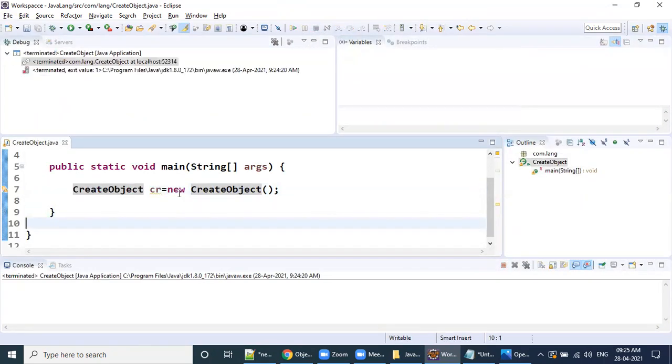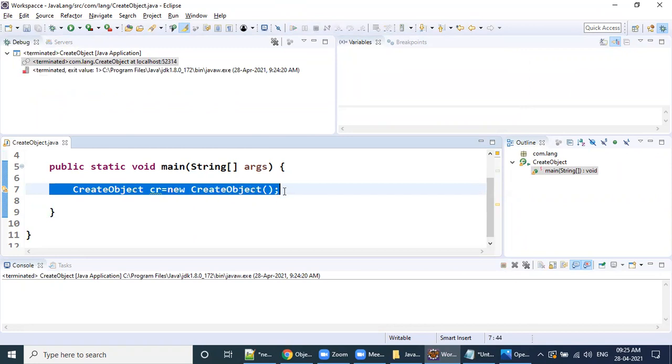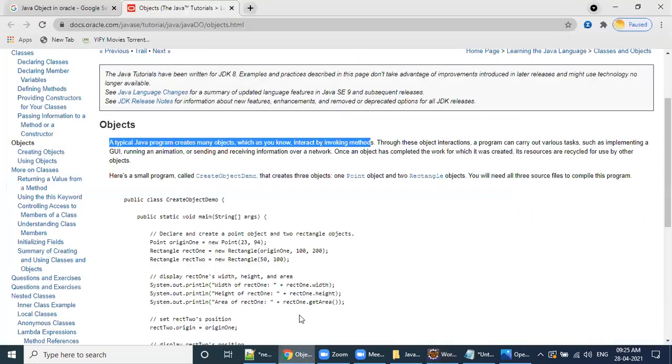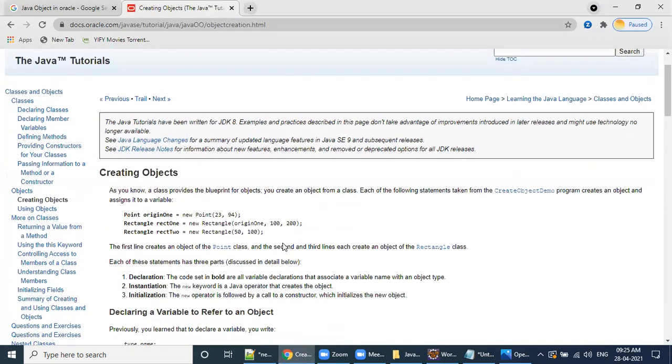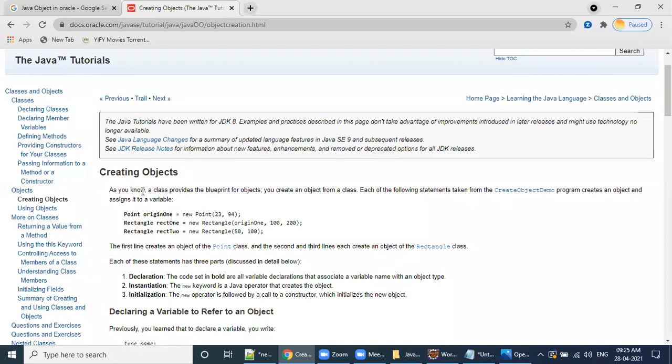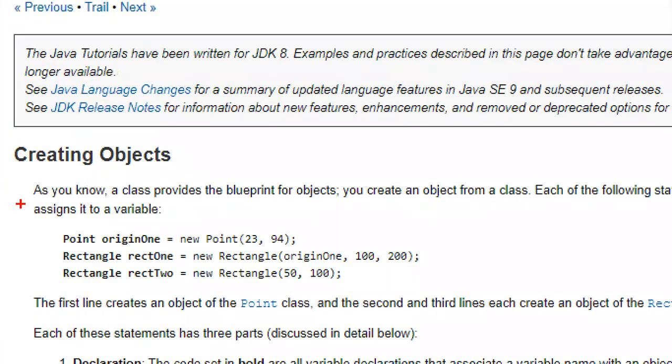Now tell me, I'll do a postmortem here. What will this statement do? Everybody understand here? What is it creating here? Yeah, creating objects. As you know, a class provides the blueprint for objects. Everybody agrees with this statement? Yes, right?